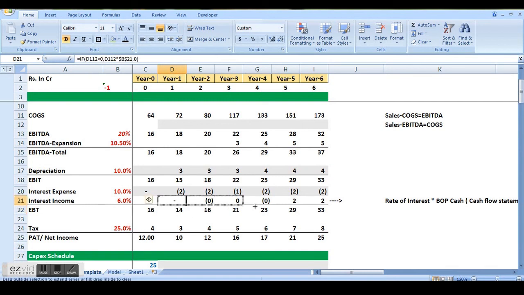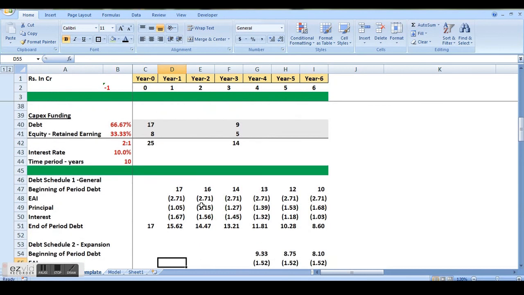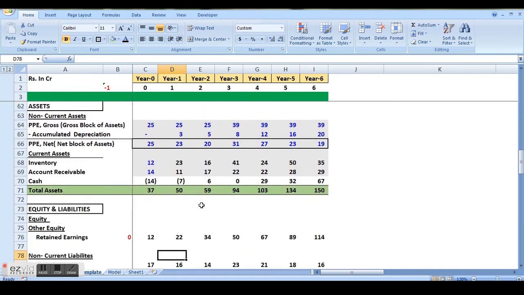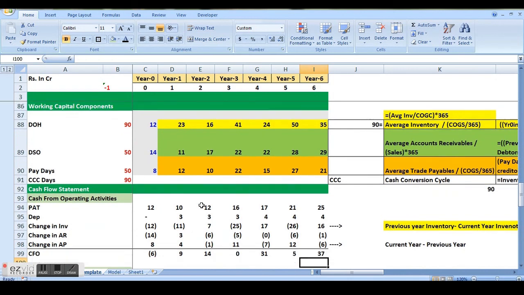And now I drag the rest of the formula, and you can see here I am getting the appropriate values. Okay, make sure that you have frozen the rate of interest. And now the same values will reflect into profit after tax and into our balance sheet, cash flow statement, everywhere, and still our checksum is 0. Means we are done with preparation of financial statements.